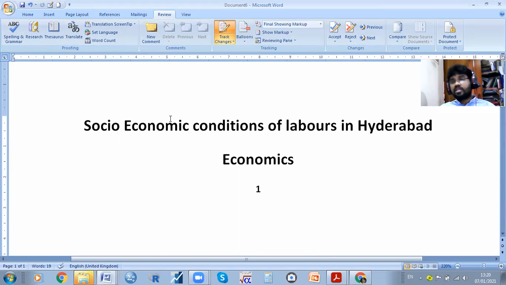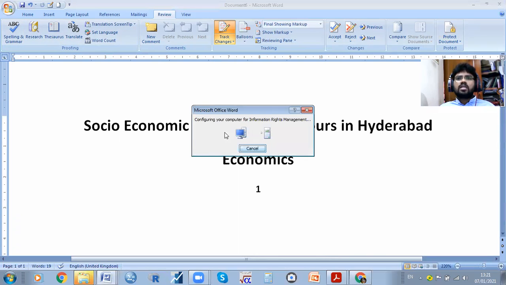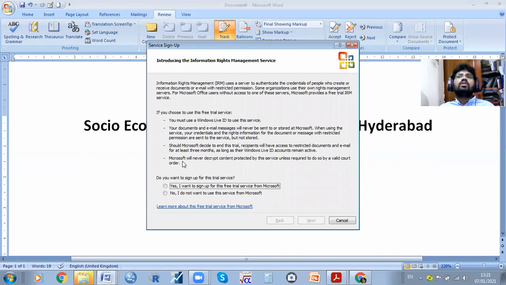They will copy your project also. Meanwhile, what you can do is simple: you can protect your document, nothing but by locking. You can lock unprotected access, restricted access, or more credentials. If you take restricted access, see here, it automatically configures your computer for information rights management. So this is the file which is going to be locked. For example, if somebody opens this file, it cannot open in certain circumstances.